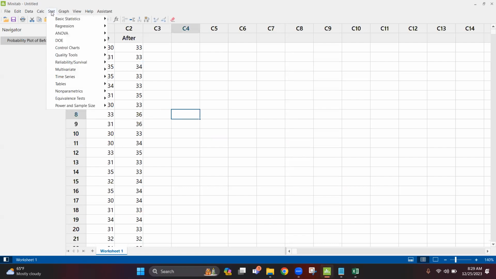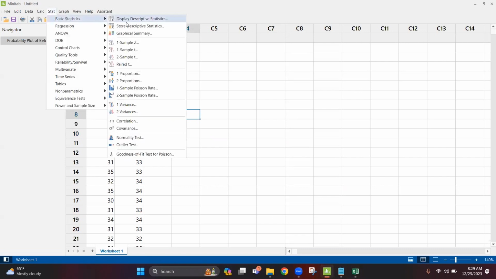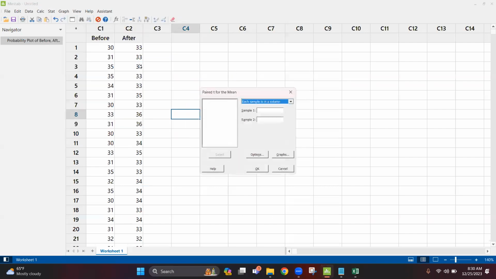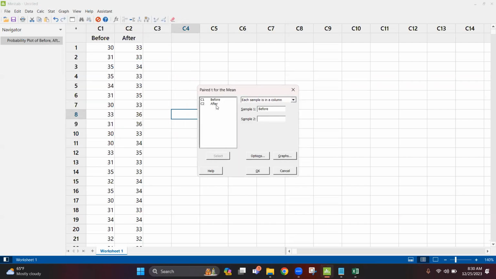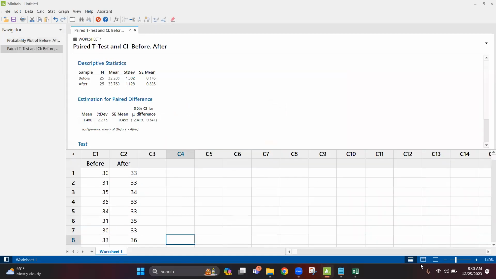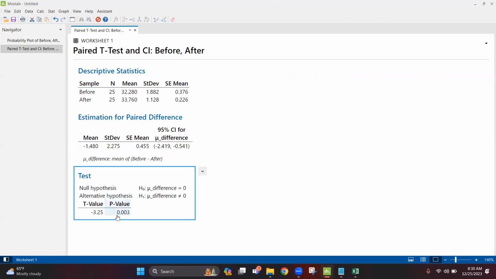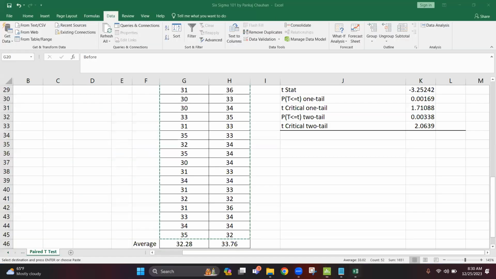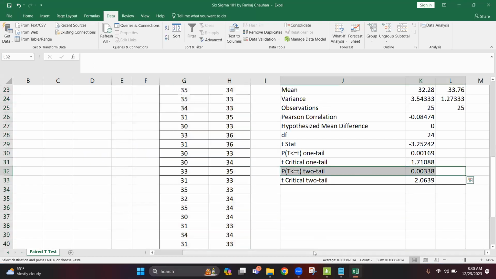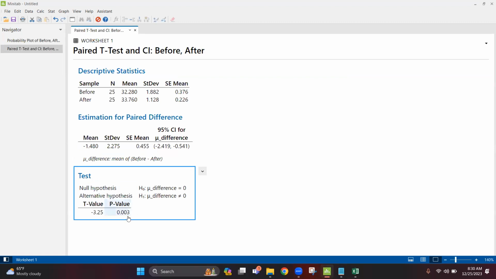So I'll go to Stat, Basic Statistics, and here is the option for the paired t-test. You click on this Paired t, select your sample 1 as before, sample 2 as after. No need to worry about anything else, let it be, and just click on OK. So what does it indicate? It will give you the p-value as 0.003. If you remember, we looked at the same p-value in the Excel sheet as well, where I was telling we'll be looking for this P(T<=t) two tail. So 0.003, the same p-value we got here, less than 0.05, which clearly indicates